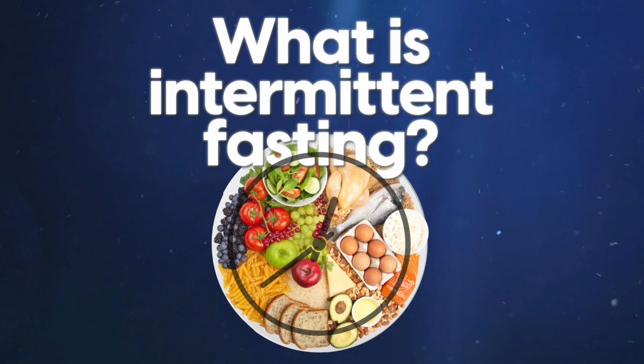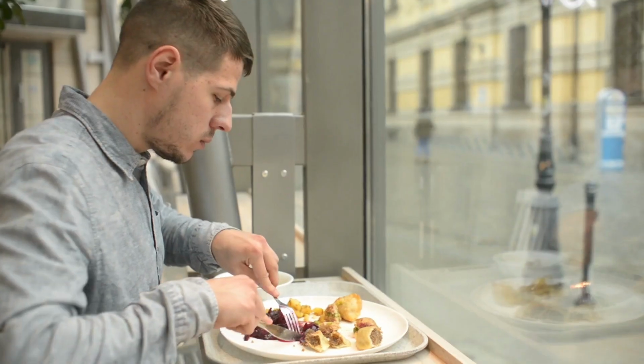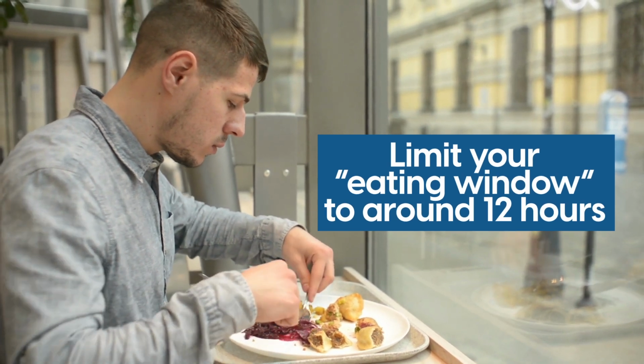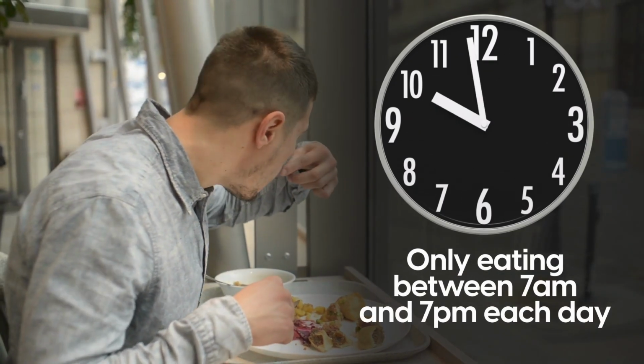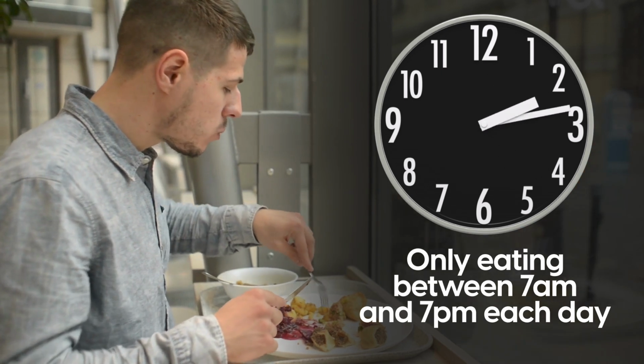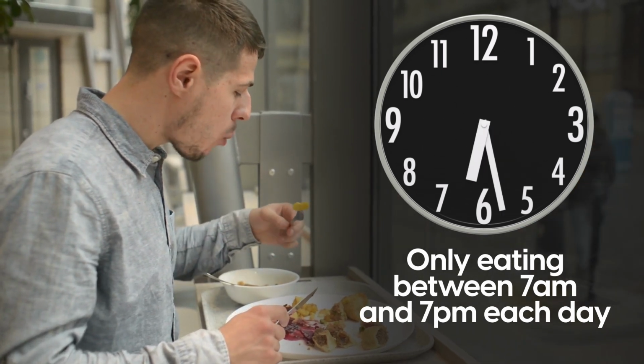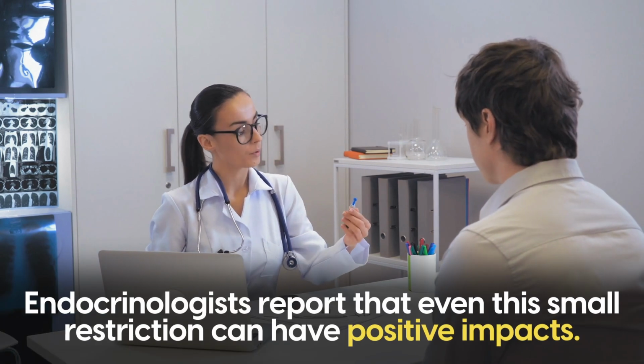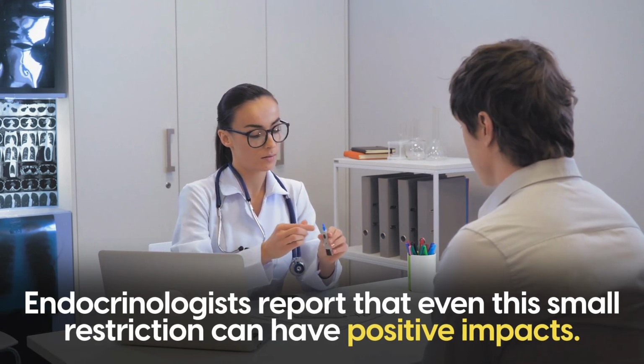So what is intermittent fasting? The easiest form is to limit your eating window to around 12 hours. For example, only eating between 7 a.m. and 7 p.m. each day. Pretty simple, really. Most people can stick to 12 hours, and endocrinologists report that even this small restriction can have